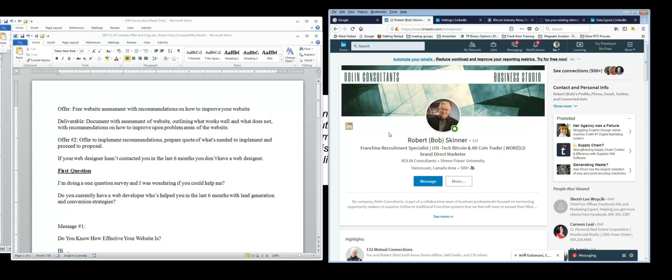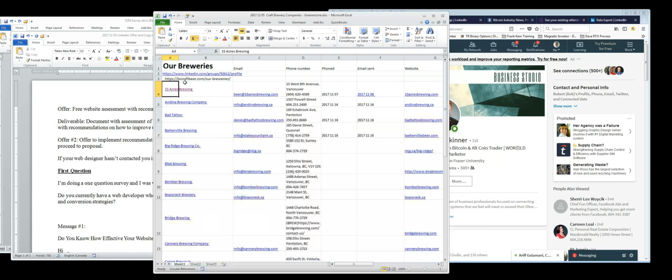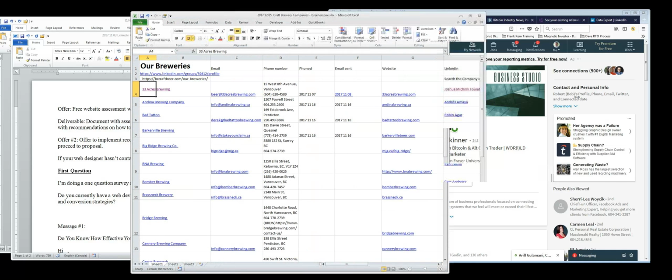One thing I would like us to also explore, which I think would be very helpful for all of us, would be seeing what type of list segmentation tools LinkedIn has. Previously they used to have their tags tool, which I used to use, but they since took that away, and I have no idea what the replacement for that is. Yeah, they want you to pay. The way I'm getting around that is I'm building out client lists. I'll give you an example of one list I'm working on with a client: craft brewery companies here in the Lower Mainland in British Columbia.